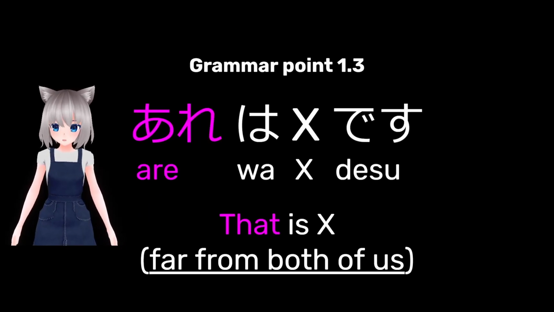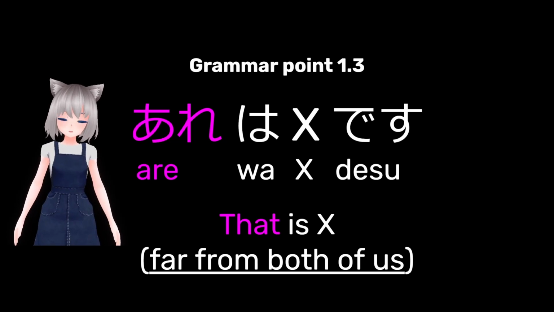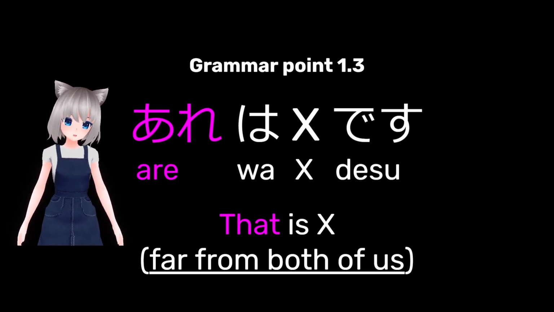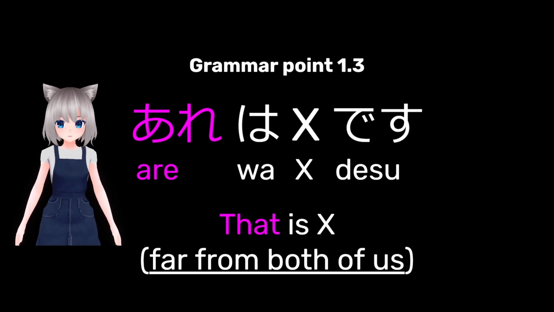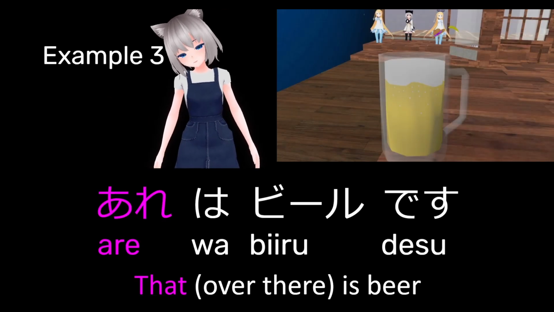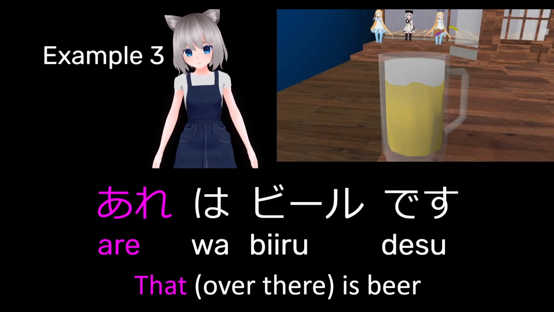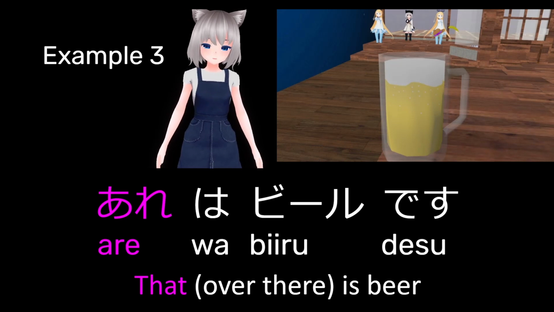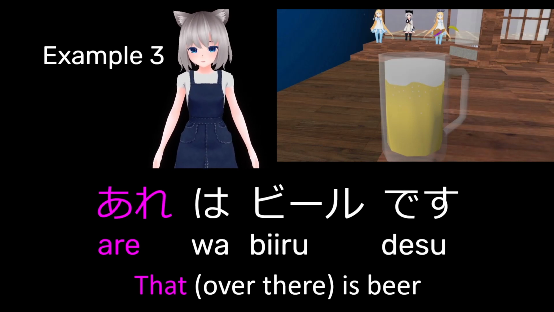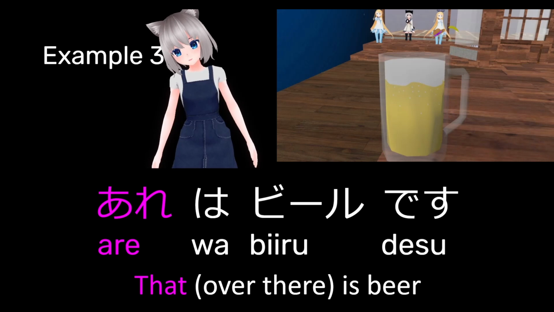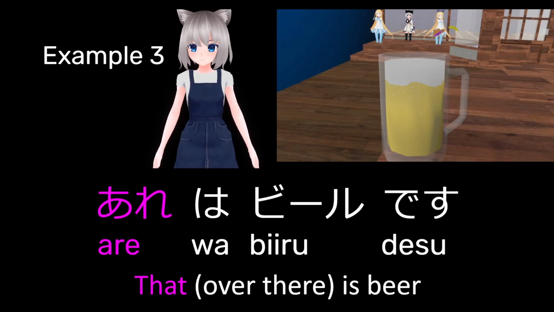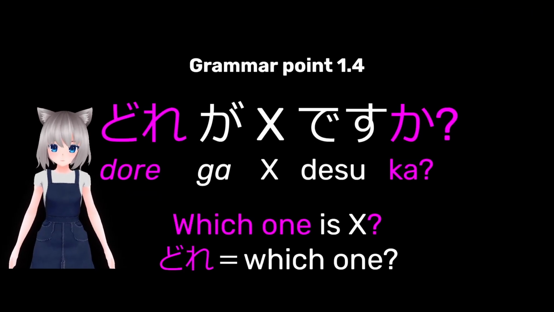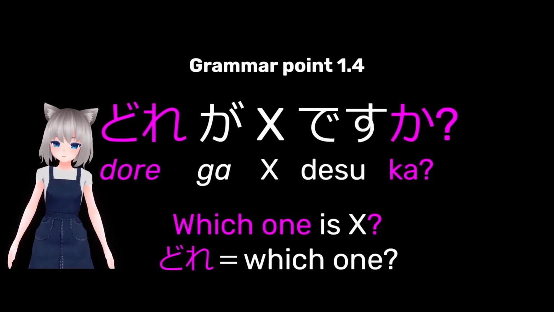And あれ is something that is far from both of us, the person I'm speaking to and myself. Over there. For example, I have Claire-chan and Claire-chan's 友達 with me. あれはビールです。All of us are away from the beer, so we'll use あれ, that one over there. あれはビールです。